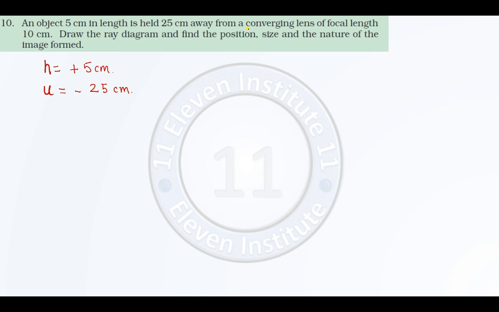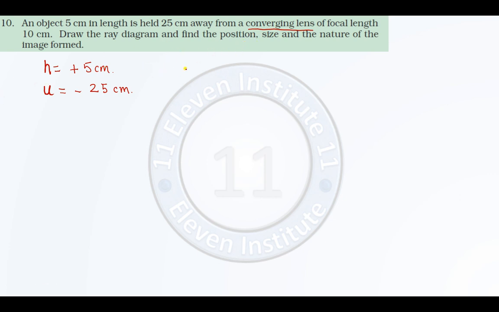Away from a converging lens. Now see, this is smart. They have not mentioned convex or concave over here. They have mentioned the word converging lens. So definitely you should know which type of lens is converging and which type of lens is diverging. Right. Now you very well know that convex lens is a converging lens. We very well know that converging lens is convex lens. Right, so here we are talking about a convex lens.